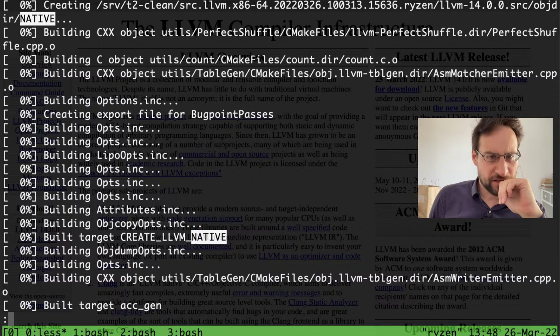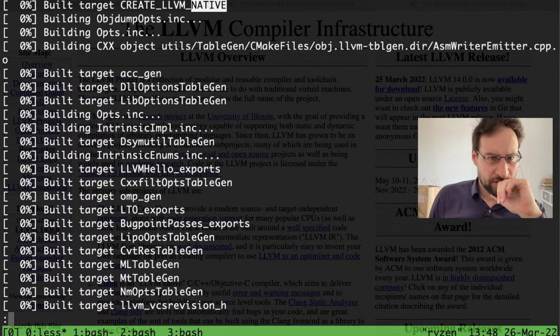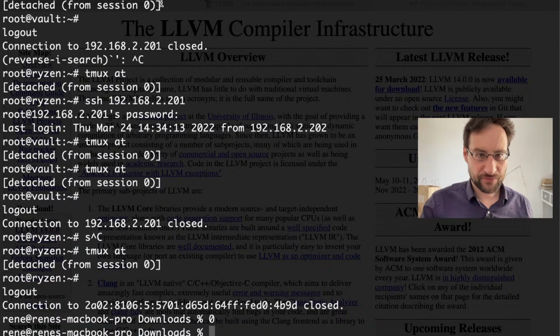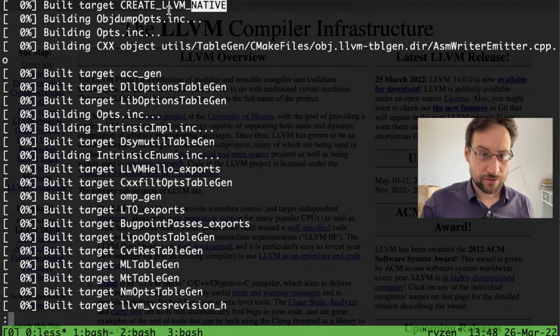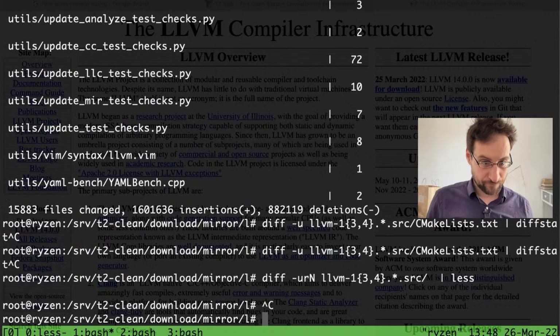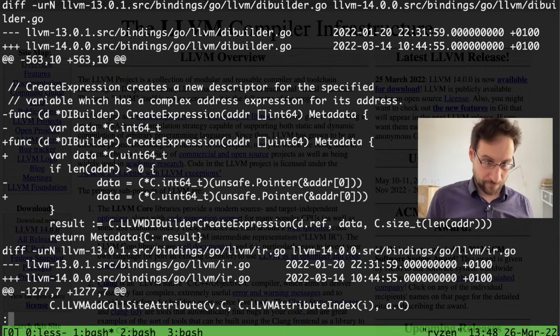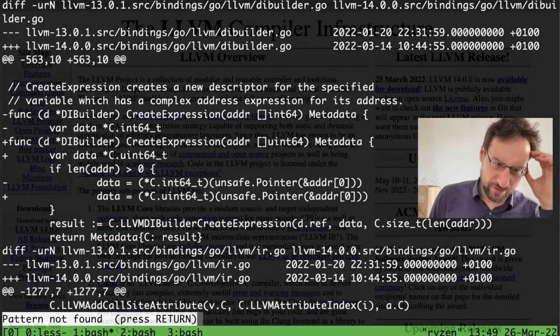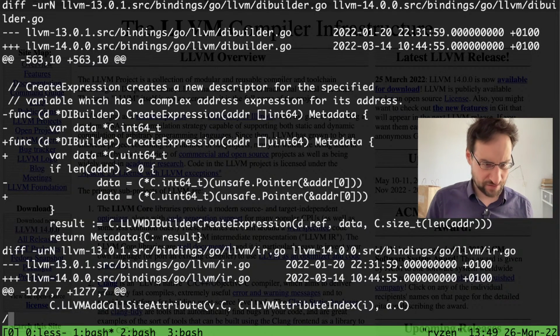We should check build target create. Actually, we could check the diff of the 1.6 million lines of code, where is even if they changed something there. Maybe it previously already rebuilt a pattern not found. What's it didn't?